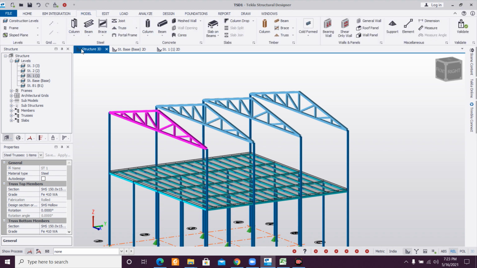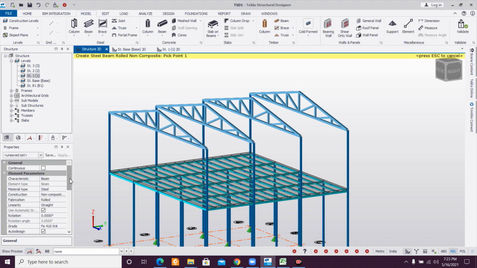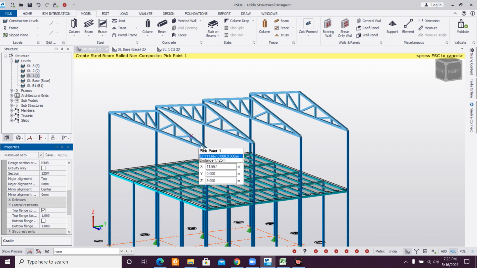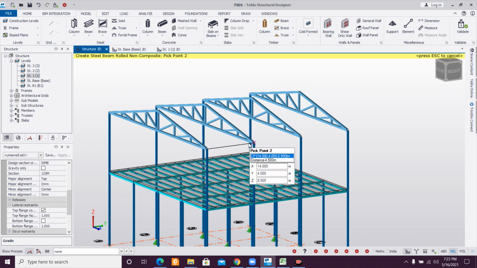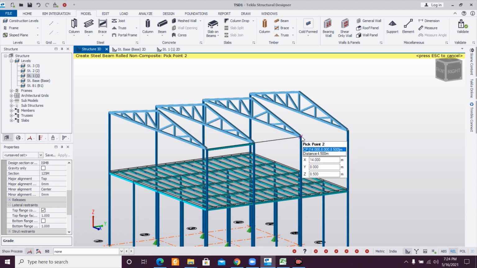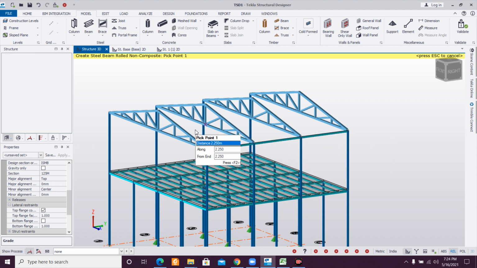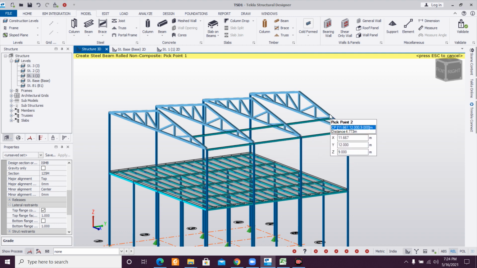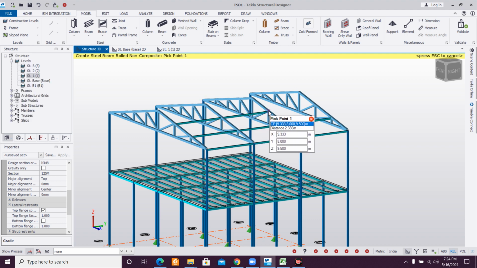So we'll go to model and we'll select the beams, and after selecting the beams we'll just select the grade of steel also, and after selecting the grade of the steel, let's join this, and we'll just select this point, this point.